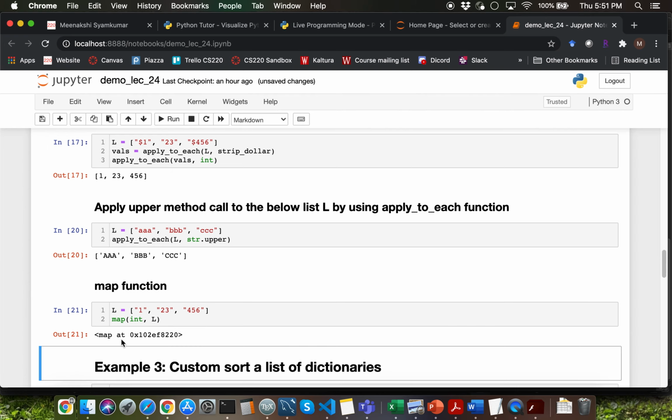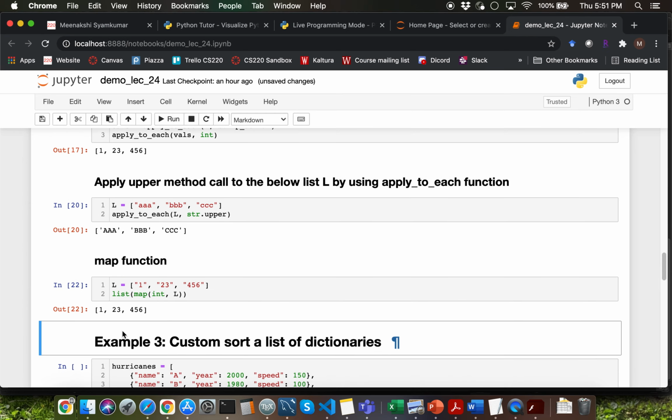If I run the current version of the cell, that's going to display a generator object instance. For now, you just need to know that you can use the list function call to typecast the generator object instance into a list. Observe that we are able to end up with a list of integer values here.